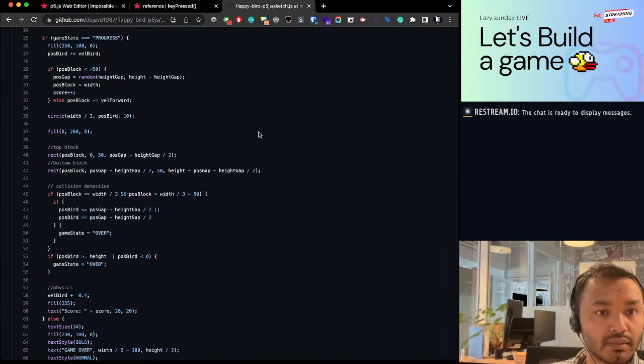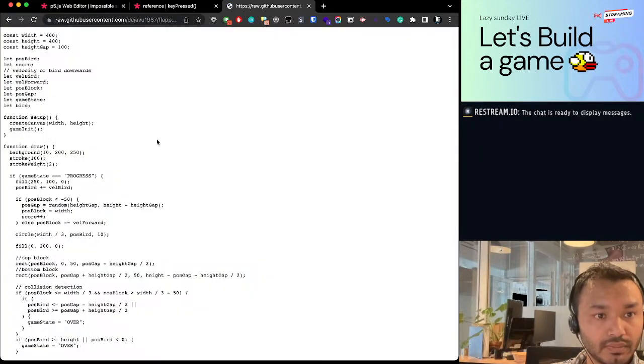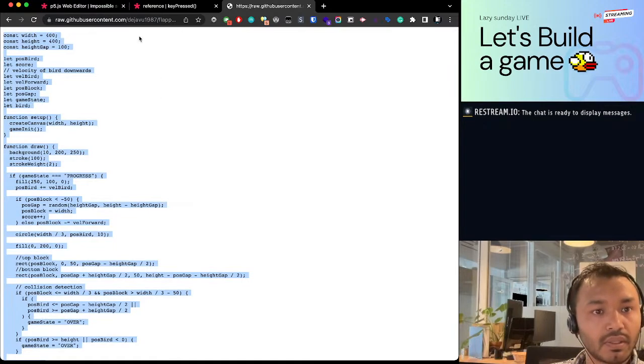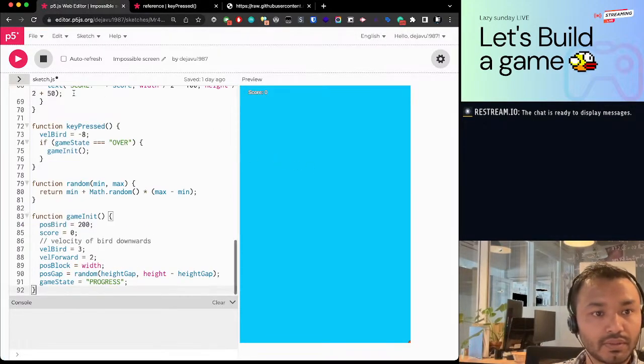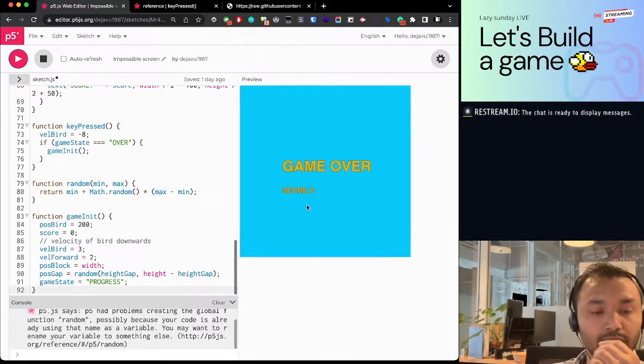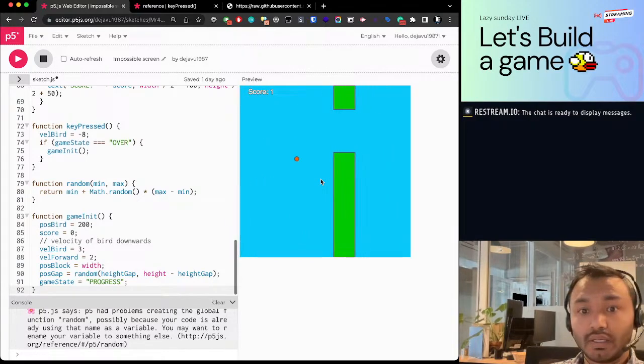And this time I will just copy the whole thing and then put it on our browser here and then see what happens. So it loads the game. You can play it, and